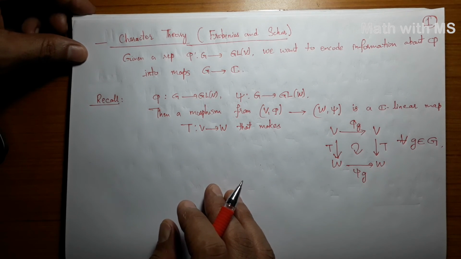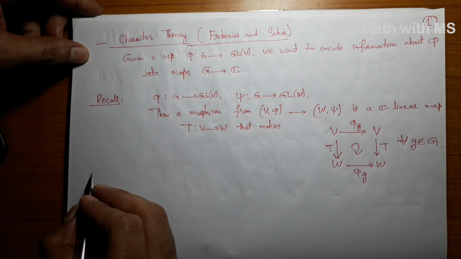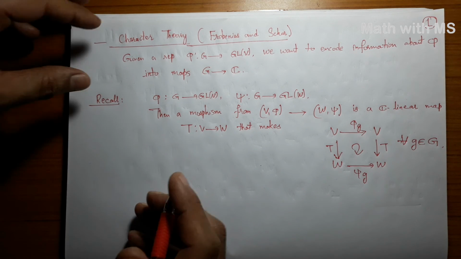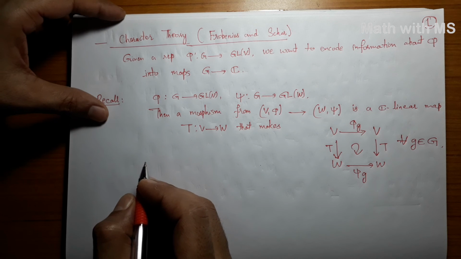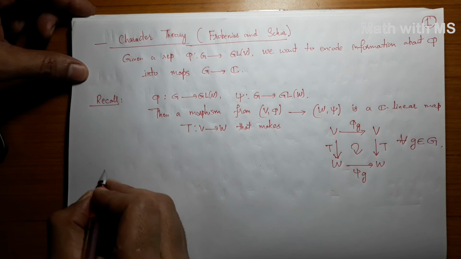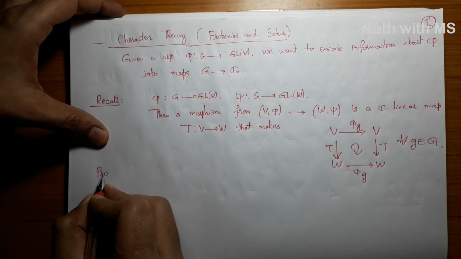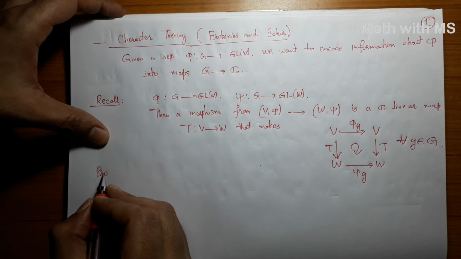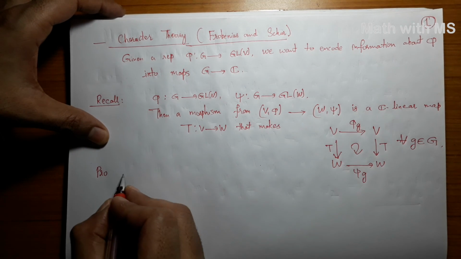All right, so one can make some observations about the morphisms of two representations. If you look at the set of all finite dimensional representations of a given group, then the relation of being equivalent is an equivalence relation, right? You can easily check that. So let us make some basic observations about morphisms of representations.